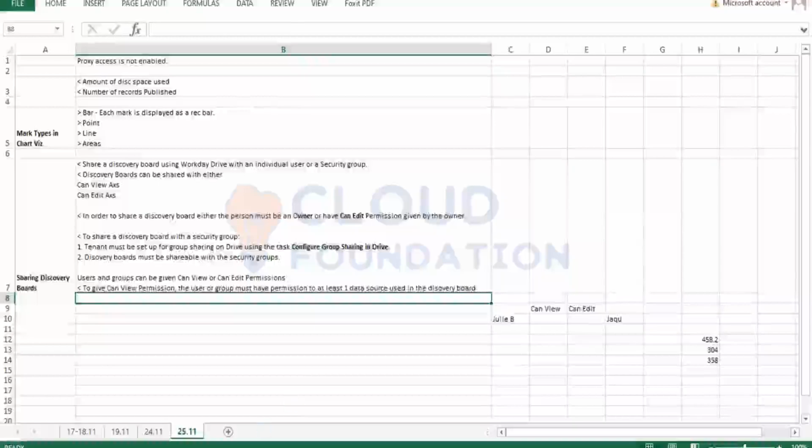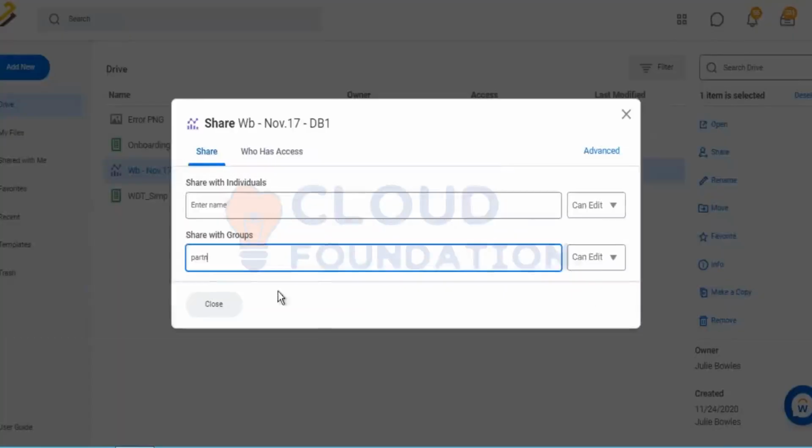Now, let's first talk about sharing with individuals. This discovery board that I have created has been created on the data source workers for HCM reporting, right? Now I can only share this discovery board with a user in can view mode if that user has access